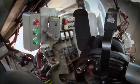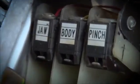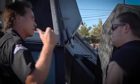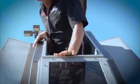You're strapped into a seat, your feet are on pedals, your arms lock into devices, so when you move your arms, the robot's arms move. All your fingers are in double-sided switches, so when you squeeze your finger and thumb like this, 24,000 pounds of crushing power. Mind-blowing, right? Meanwhile, Corey remains skeptical about purchasing the Robosaurus, but is willing to see it go for